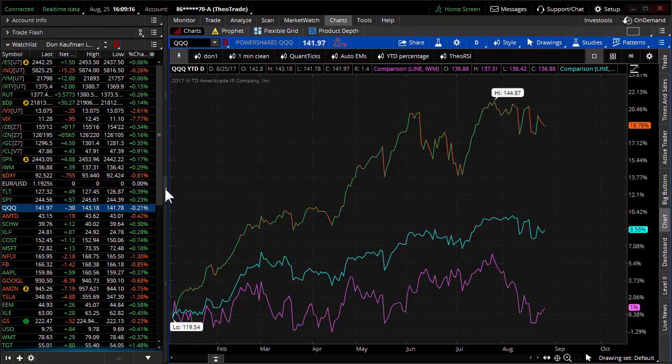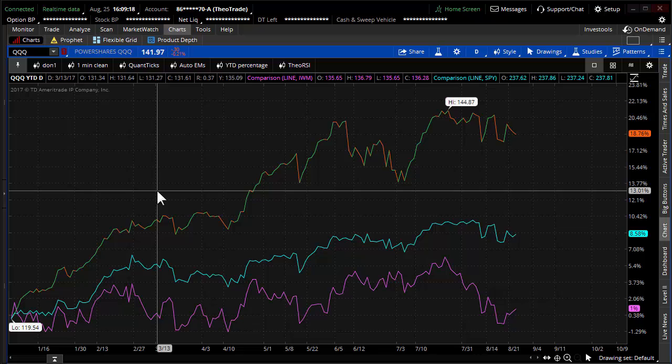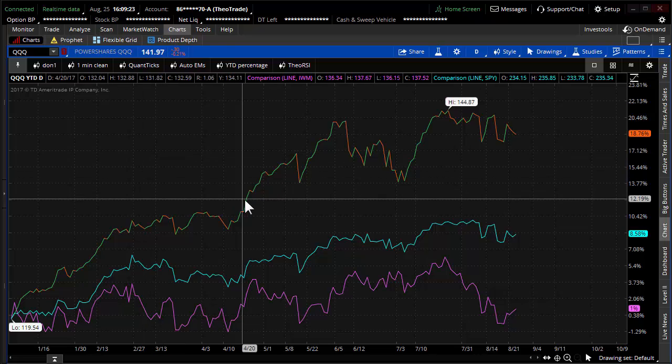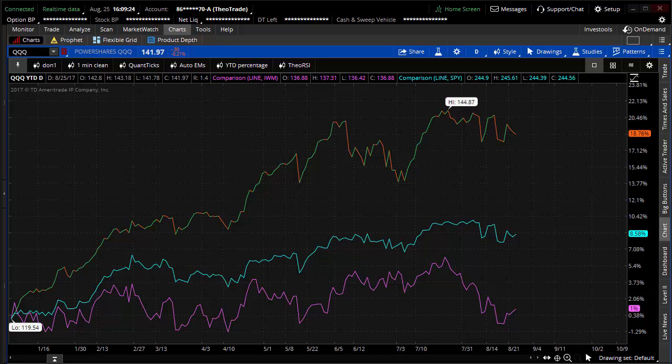I'm going to start with a week in review here at TheoTrade with looking at a comparison chart. Now, if you've never looked at a comparison chart, it's prototypically done on a percentage basis. So let's go through a little bit of this comparison. The primary symbol that I have listed is the QQQ. Where is the Q actually found? Right up here, and this is the Qs. The Qs on a year-to-date basis, because again, we're looking on a year-to-date chart, are up about